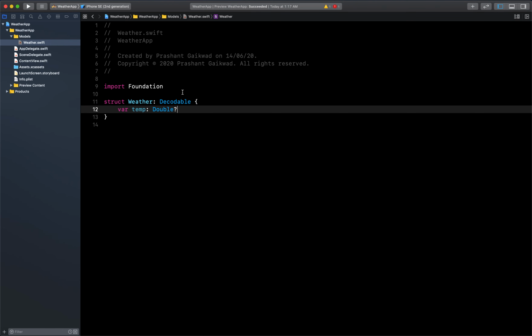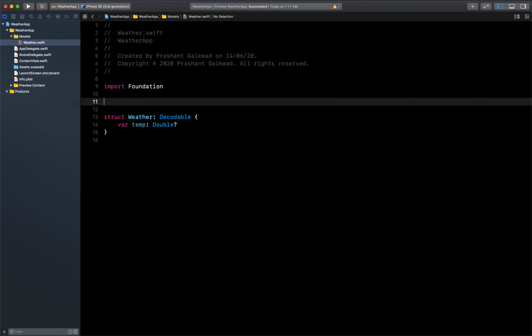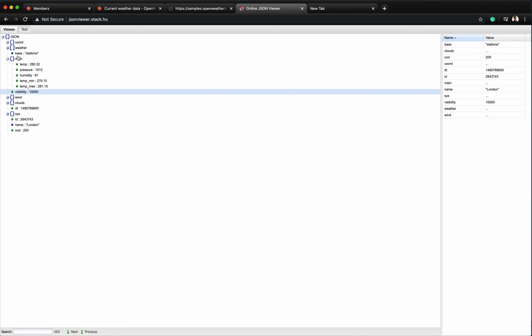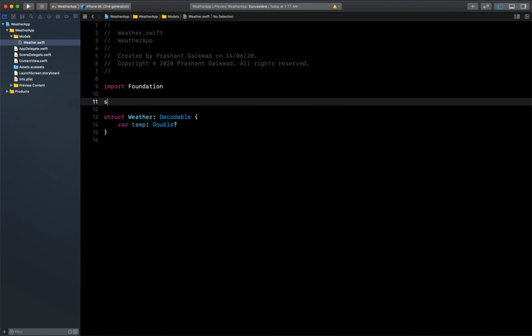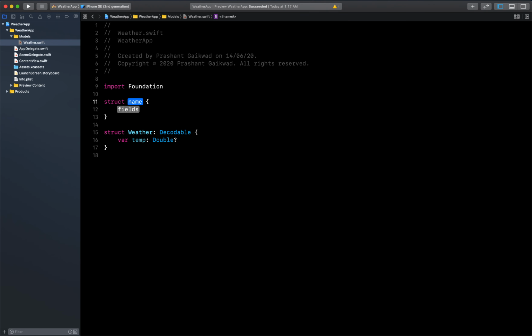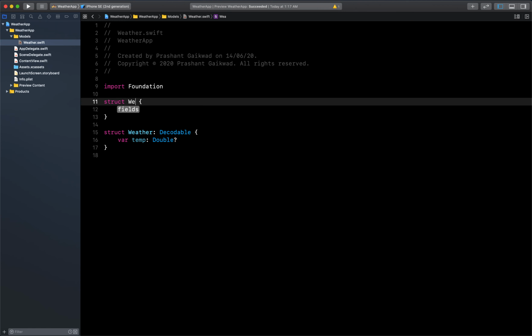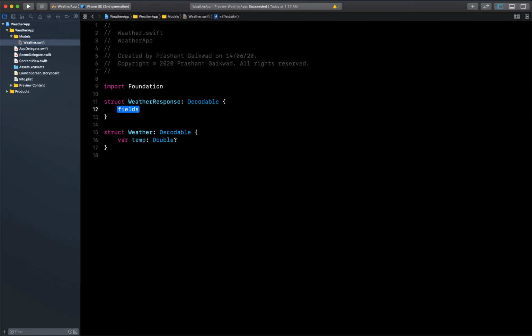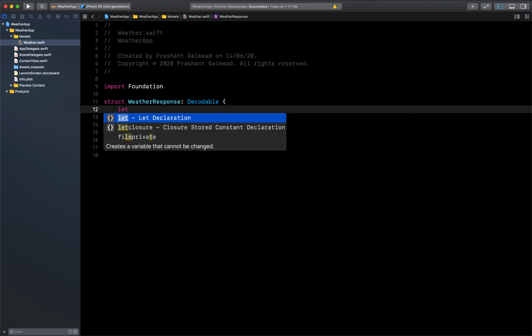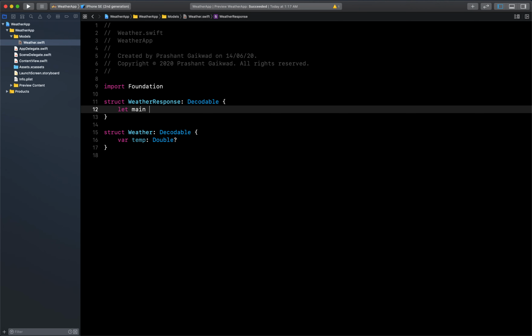What we want next is to create one more struct for this main, so that we can fetch main first and then inside main we can get the temperature, temp. Let's create that struct. Let's call it WeatherResponse, and again it should conform to Decodable, and inside this we will have our main object.